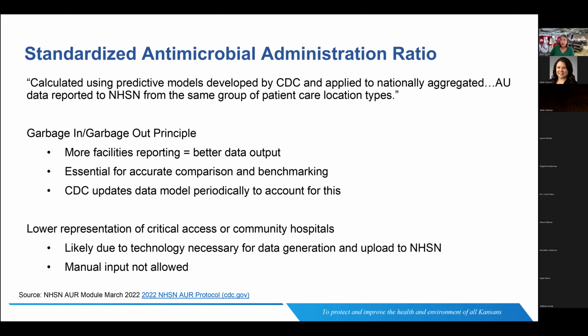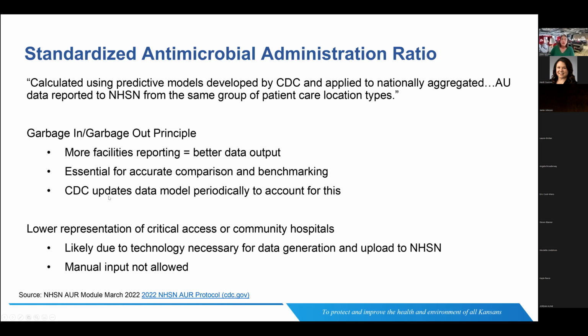The fewer sites that are reporting, that means the data is less applicable and representative of a majority of our sites. So the more facilities that are reporting that are similar to your size and the acuity and the type of patients you care for, the better data you're going to get out of NHSN when you're reporting. This really is, I think, the input, reliable input and amount of input, so critical for us to be able to continue to benchmark how we're doing and drive more meaningful antimicrobial use.